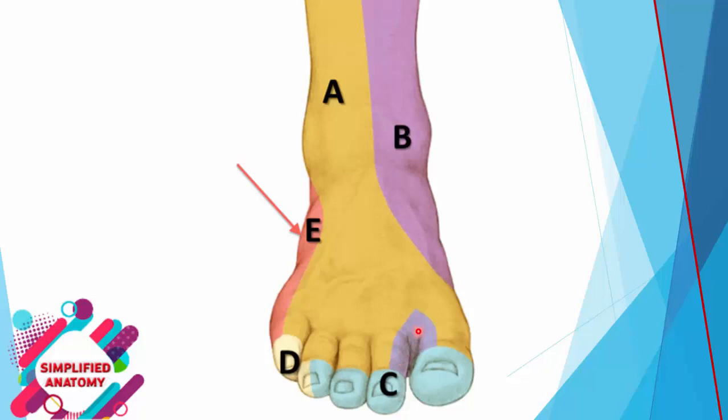What about the dermatomes? The medial side of the leg is supplied by L4, the lateral side by L5. The medial side of the big toe is supplied by L5 and the little toe by S1.